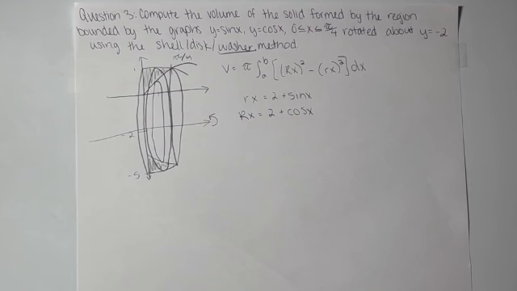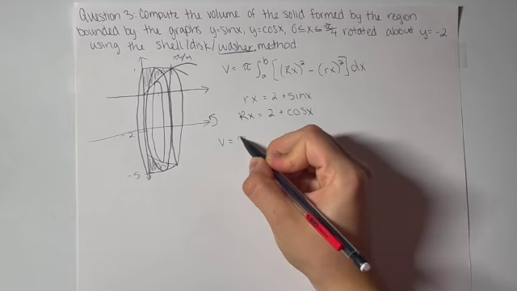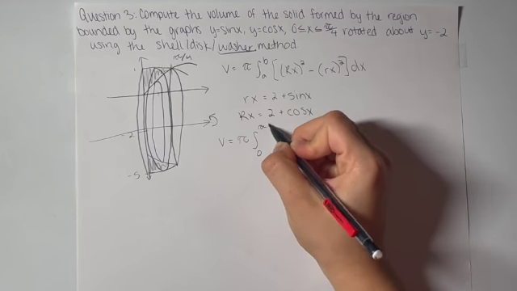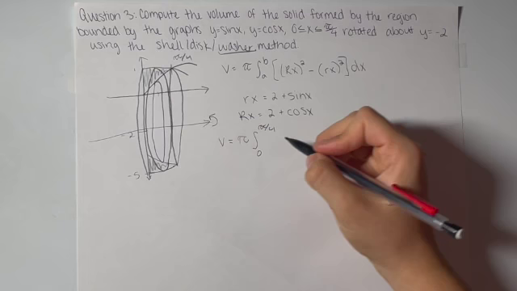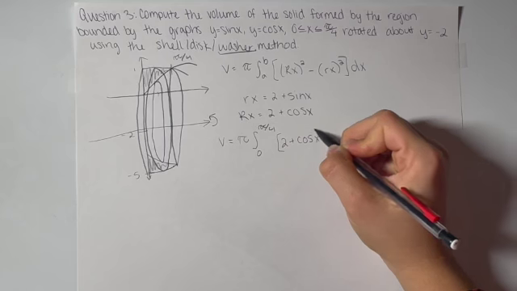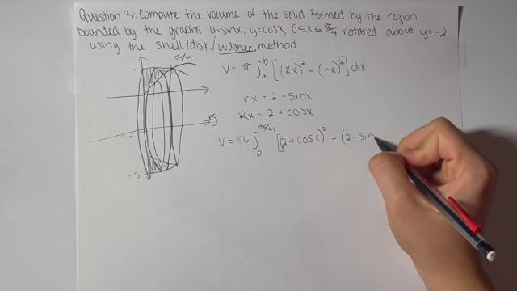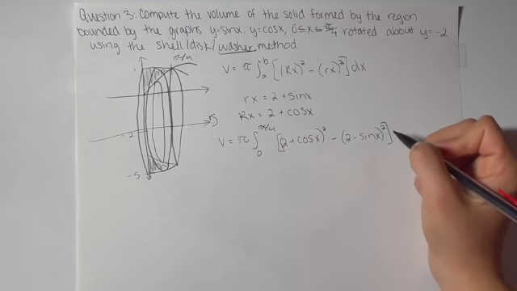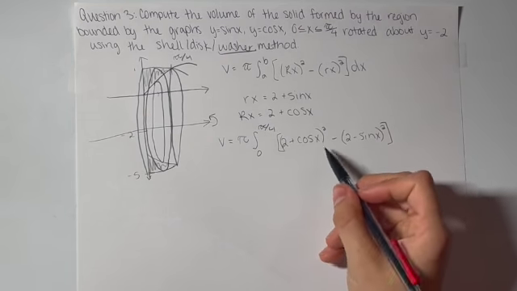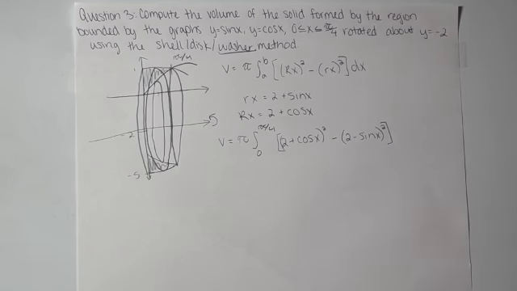Now we can plug in our outer radius and inner radius, and we will get V equals pi integral from 0 to pi over 4, which are our bounds, (2 plus cosine x) squared minus (2 minus sine x) squared. From here, we can FOIL the (2 plus cosine x) squared and FOIL the (2 minus sine x) squared. Then we would get